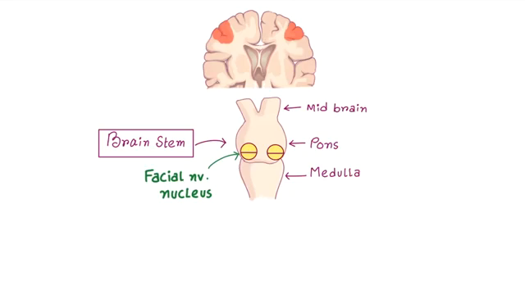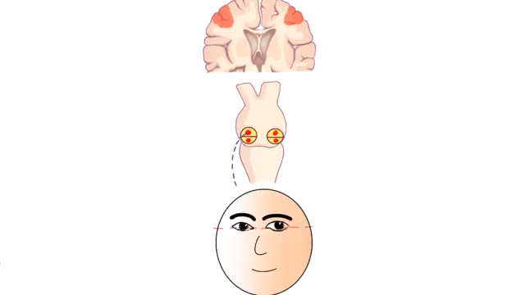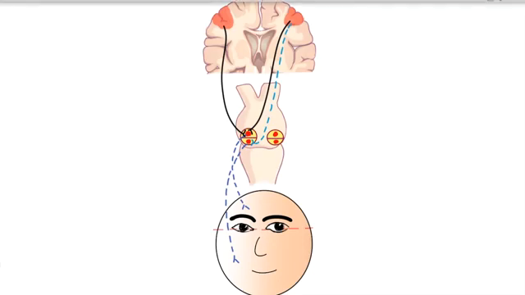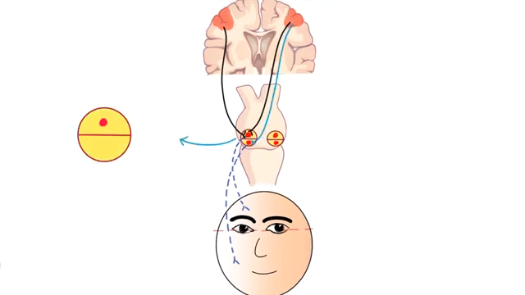The facial nucleus is conceptually divided into two halves. The upper half provides the fibers to supply the upper face muscles, and lower half provides the fibers for lower half of the facial expression muscles. The upper half of the nucleus receives innervation from not only the contralateral motor cortex but also from the ipsilateral motor cortex. However, the lower half of the nucleus is innervated only by the contralateral motor cortex. Let's zoom this portion.